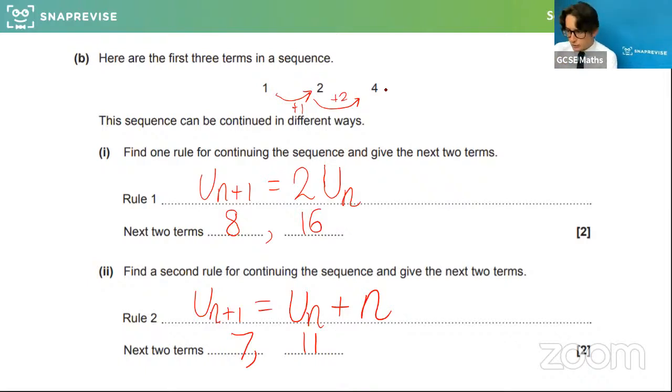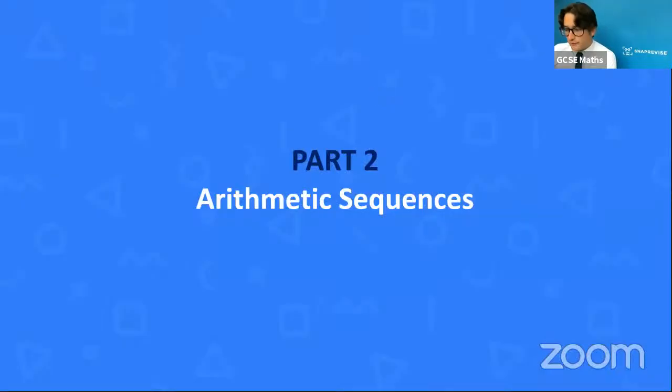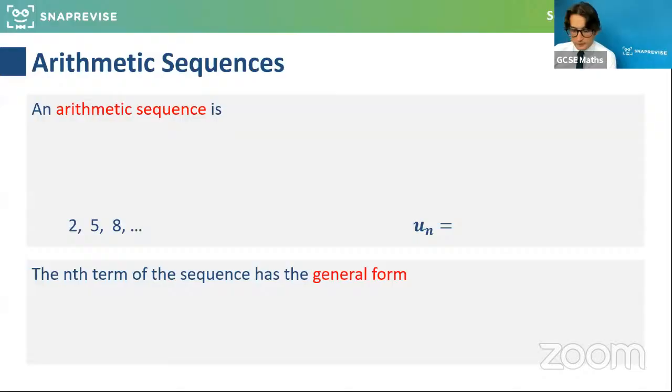So an interesting question that could cost us some time. We've got to be really mindful of the time and the technique and everything here. But hopefully for everyone understanding and knowing that there's a few options of where that could go, writing it and formalizing it might have been a bit trickier. But what we're going to do now, we're going to move on to looking carefully at arithmetic sequences. So this may well be something you're a bit more familiar with. So an arithmetic sequence, as I've referred to, is basically a sequence where